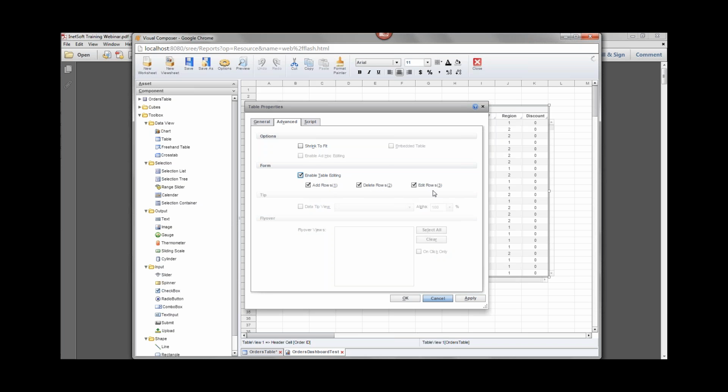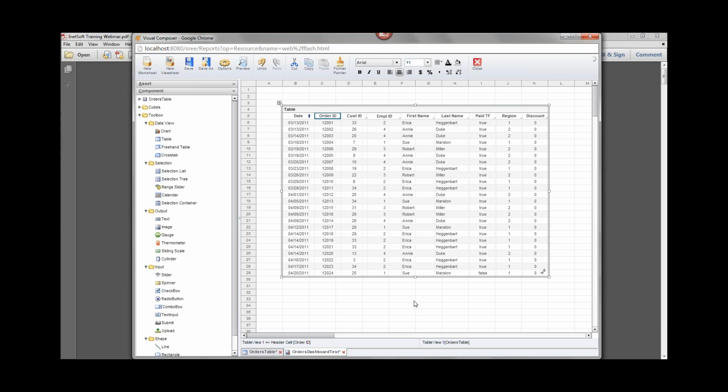And you have to keep in mind that really all that you're controlling here is what the user can do to the table in the dashboard, right? This does not affect at all what's going to happen to the database. That comes later. That's part 3. Part 1, we're just setting up the interface, and this just controls what operations the user can do on the table, not anything related to the database at all. Okay, so we're going to turn that on, and in this case, I'll leave all 3 options on, and then press OK. Okay, so now the table is editable.